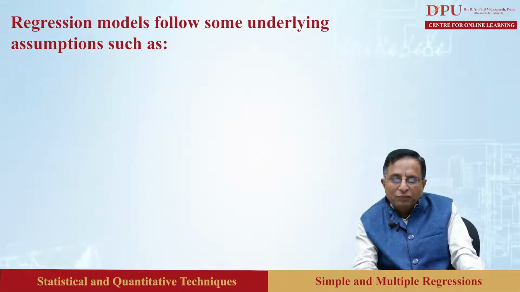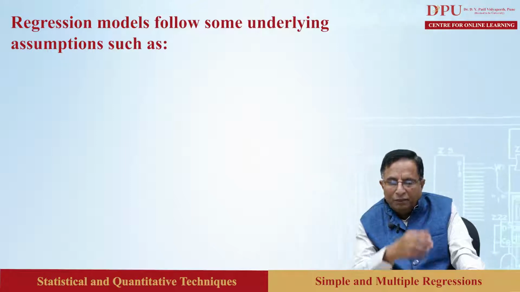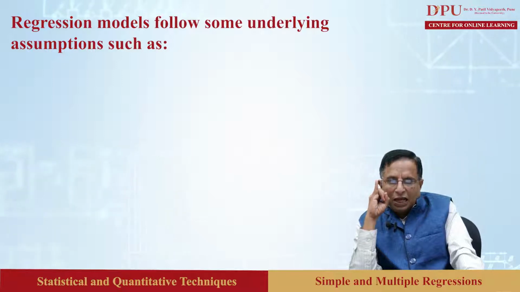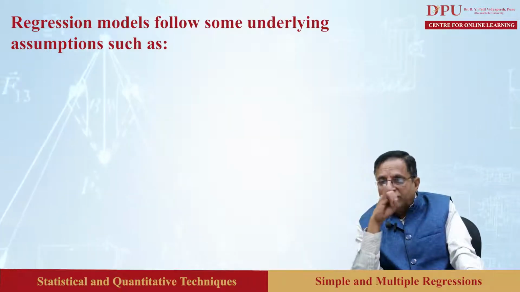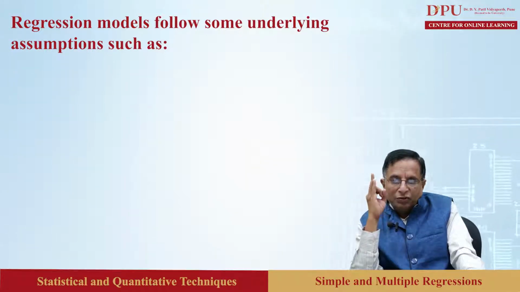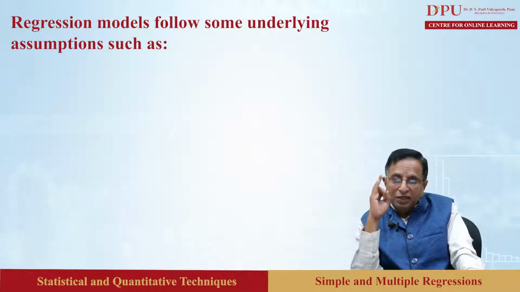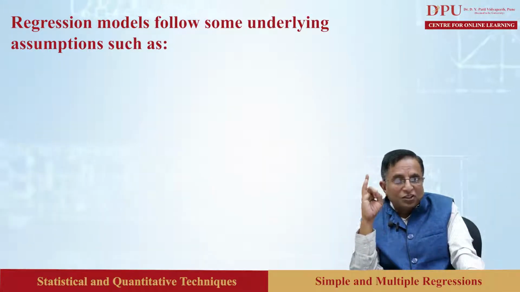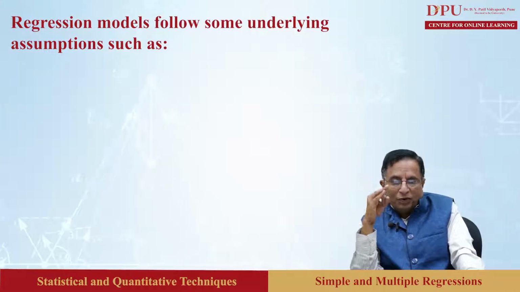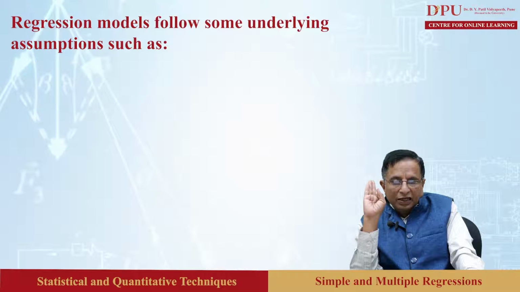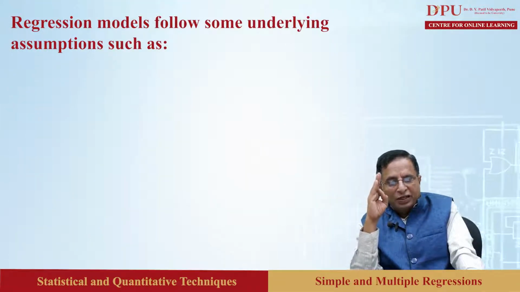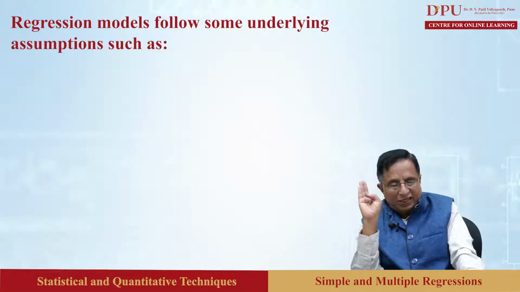So, let us go through the points again before we sum up. Regression models follow some underlying assumptions. First assumption, sample must be representative of the population for the inference prediction. Two, dependent variable is subject to error. This error is assumed to be a random variable with mean of 0. Systematic error may be present, but its treatment is outside the scope of regression analysis. Third, independent variable is error free. If this is not so, modeling should be done using errors in variables model techniques.